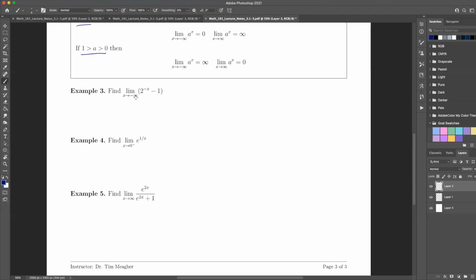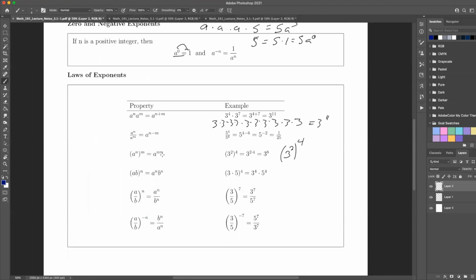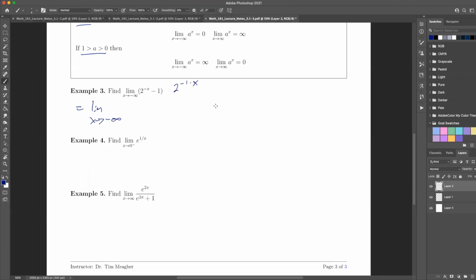All right, so we're going to take the limit as this goes to negative infinity. Well, that's equal to the limit as x goes to minus infinity. And here, I'm going to alter this. This is the same thing as 2 to the negative 1 times x, right? And then therefore I can use the exponential rule here. So I'm multiplying the two, and I'm going to use the exponential rule to convert this into 1/2